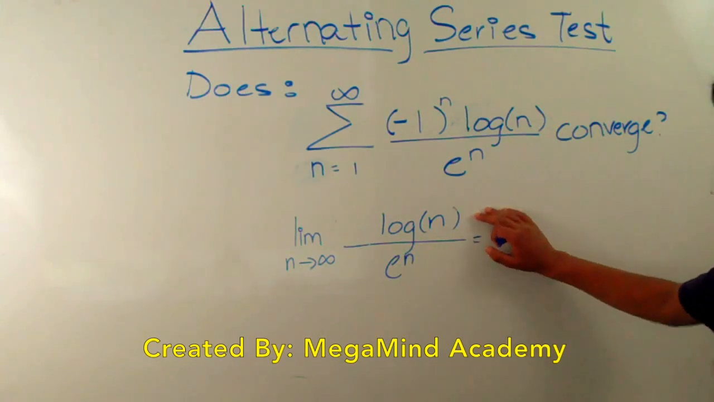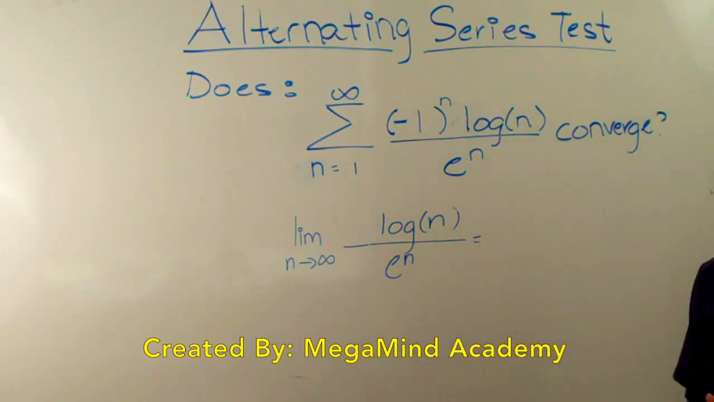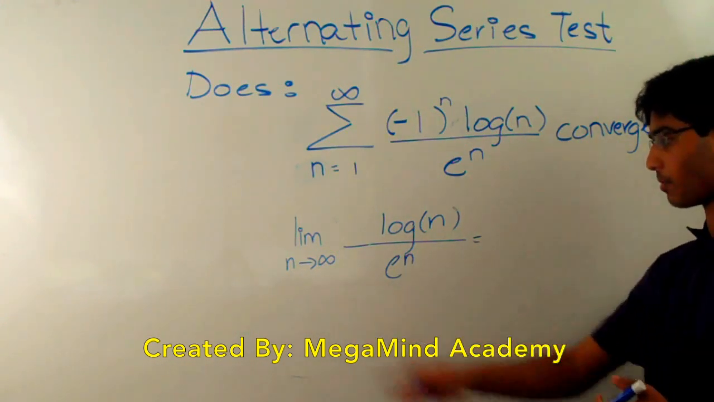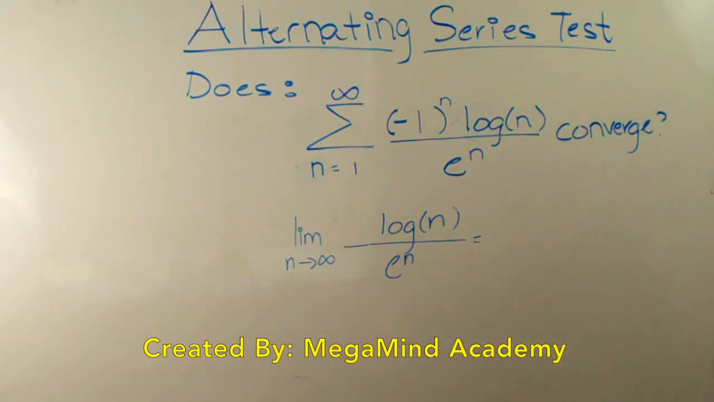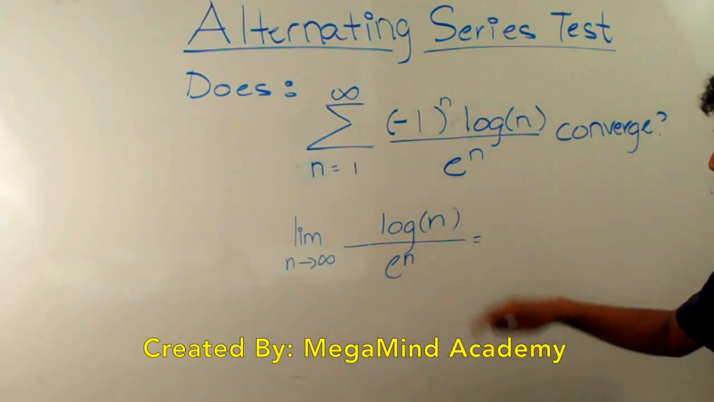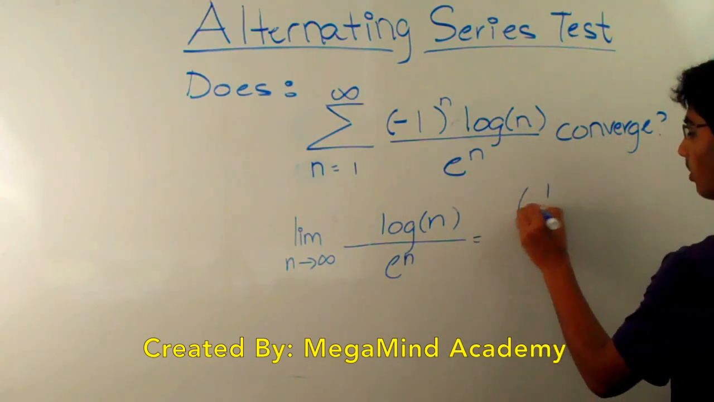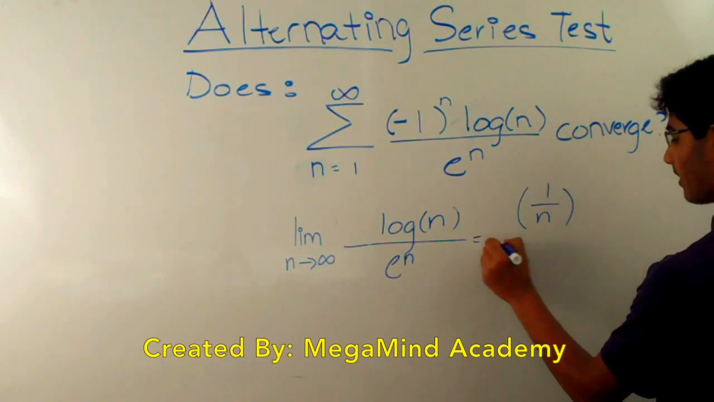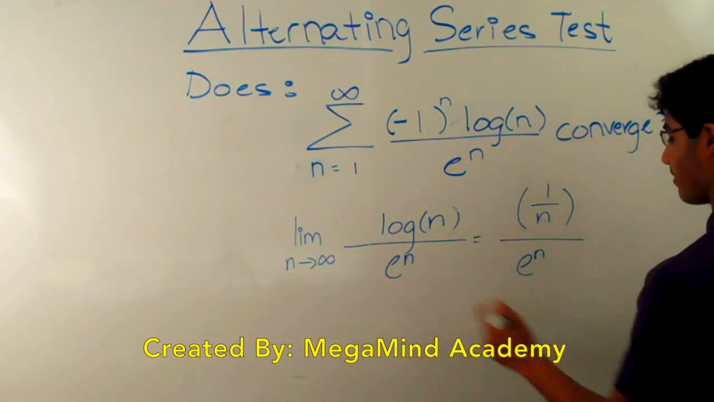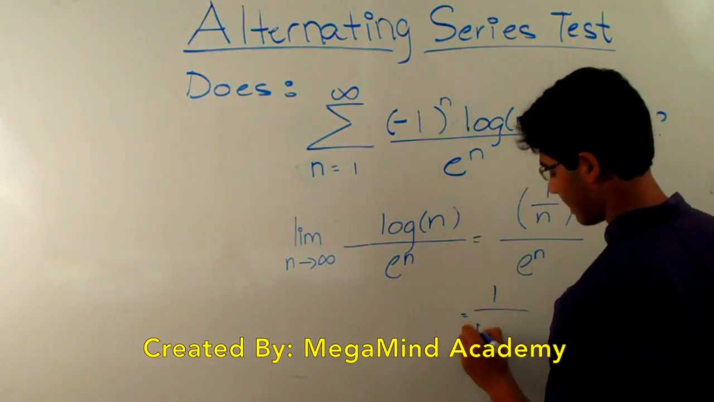We know that log of n is about the slowest growing function you can think of other than a constant function. And e to the n power grows pretty fast. So that means that this is probably going to be equal to 0 as n approaches infinity. But let's actually do this to make sure. If we just substitute infinity in, we get infinity over infinity. So we have to use L'Hopital's rule, and that gives us 1 over n, which is the derivative of log of n, over e to the n power, the derivative of e to the n. So this is equal to 1 over n e to the n,